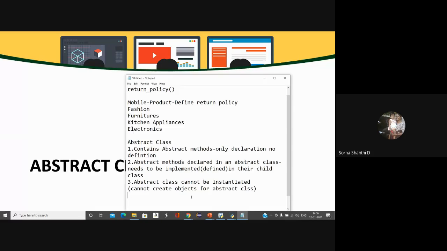Okay, so if you want to launch your product into Flipkart, then obviously you have to define a return policy. If you are not ready to define a return policy, then you cannot launch your product into Flipkart. If you want to implement such a concept, that can be made possible only with the help of this abstract